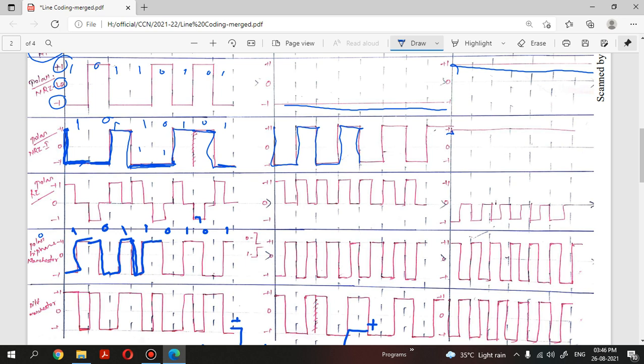And for 0 positive to negative needs to be maintained, and for 1 negative to positive, for 0 positive to negative, and for 1 negative to positive. This is how it needs to be done, right? So the graph pattern for this is here, it is written, right? For 0 positive to negative needs to be done, and for 1 negative to positive needs to be done, right? So let's see how this mechanism will work for baseline wandering and DC component problem, right?